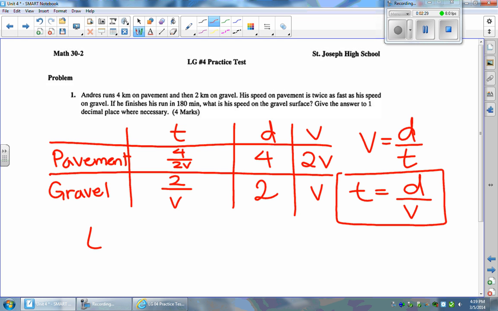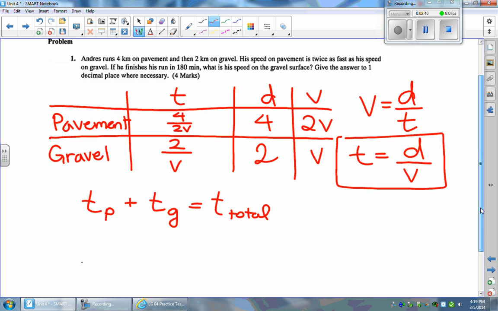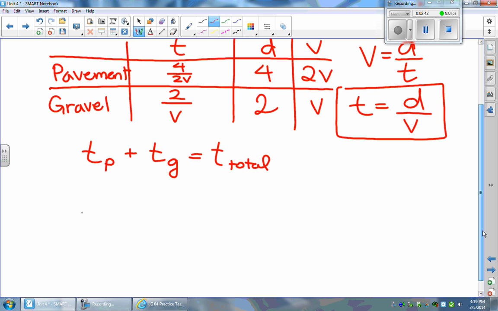Now I know that the time that I spend on pavement plus the time that I spend on gravel should be equal to my total time. So therefore, the time that I spend on pavement, which I know is 4 divided by 2 times speed, plus the time that I spend on gravel, which I know is 2 divided by speed, should be equal to 180 minutes. But generally I don't use minutes when I'm dealing with